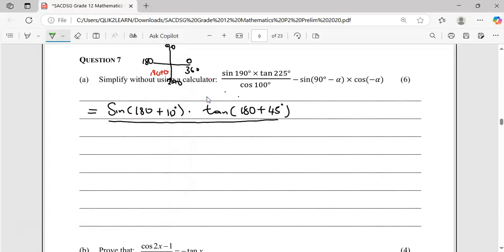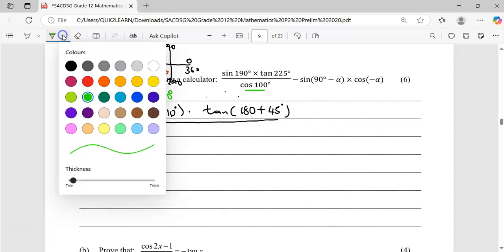So I know that this will change into this. It's in quadrant 3 and sine is negative. This will change into negative sine of 10 degrees. So now this will give me a problem. I need to try by all means to eliminate the sine 10 because this is not a special angle. So now I see that this guy can help us. In order for us to use the cos of 100 to eliminate that,